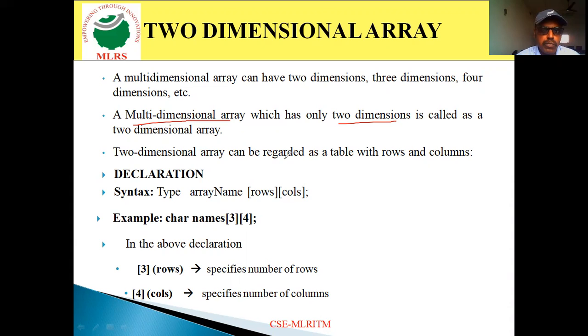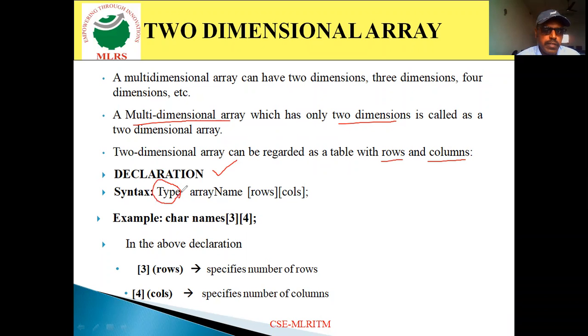When we discuss two-dimensional arrays, we have two subscripts. Before going further, the main thing about the two-dimensional array is that if you want to store a table of values, you can use a multi-dimensional array. This multi-dimensional array is especially used to store a table of values which consists of rows and columns. Now come to the declaration. How to declare the two-dimensional array in C++? See, it is the same as before.